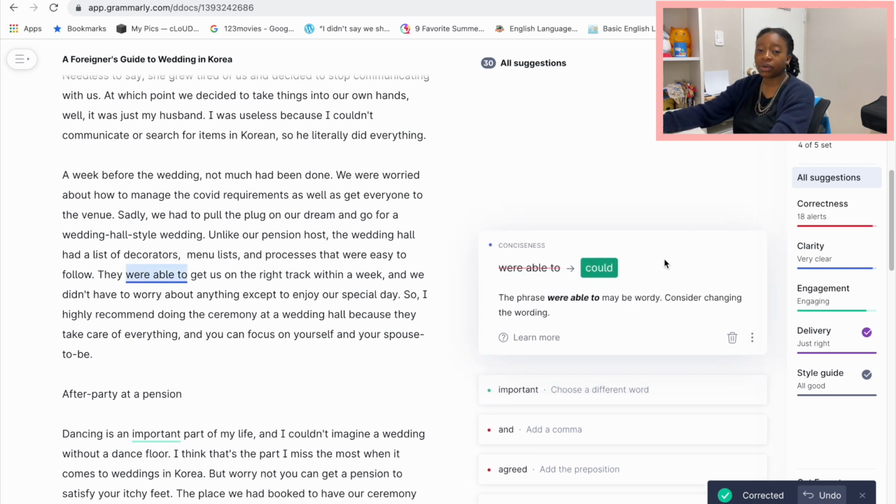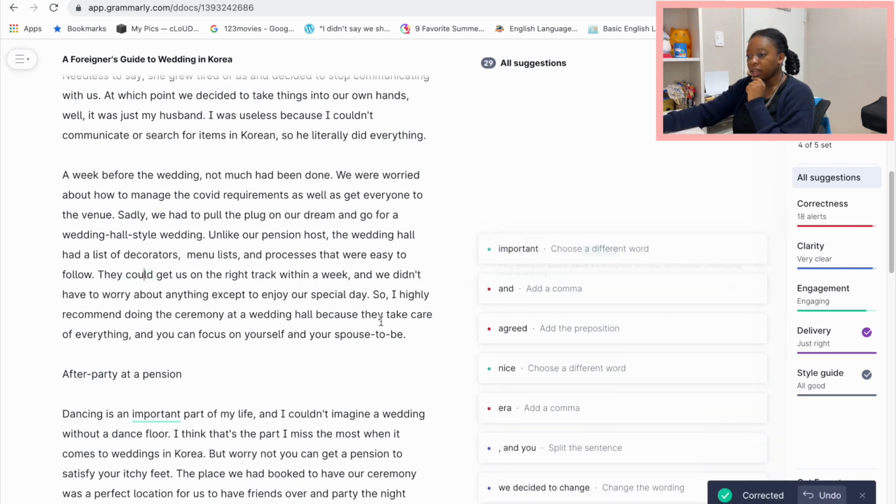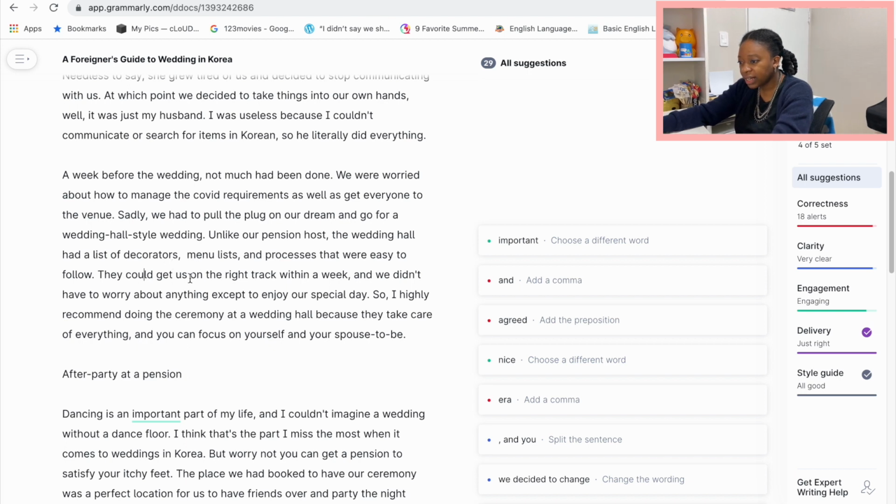So here they always want you to be speaking actively and not passively. And if you can say something in one word instead of 3 or 2, it will give you that suggestion as well. So they could get us on the right track within a week. Here I'm being inconsistent because I've been talking past tense, but here I'm using get, so I need to change it to got. They got us